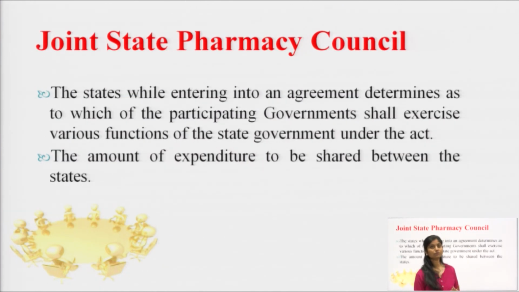Joint State Pharmacy Council: the state, while entering into an agreement, determines which of the participating governments shall exercise various functions of the government under the Act. The amount of expenditure is to be shared between the governments. When two state governments come together to solve any issue, they decide beforehand which function will be controlled